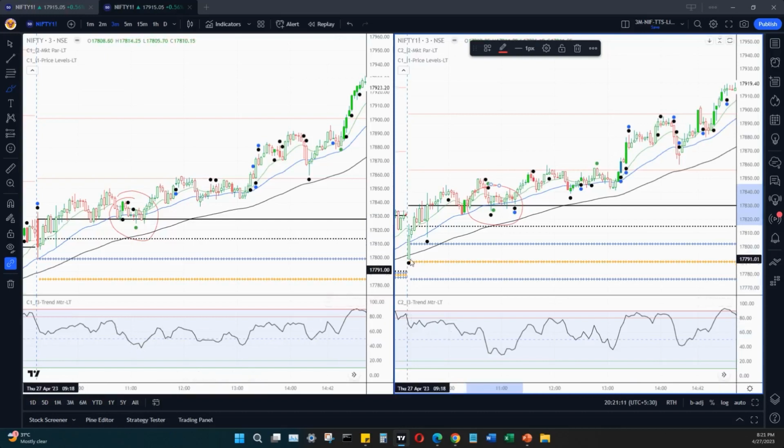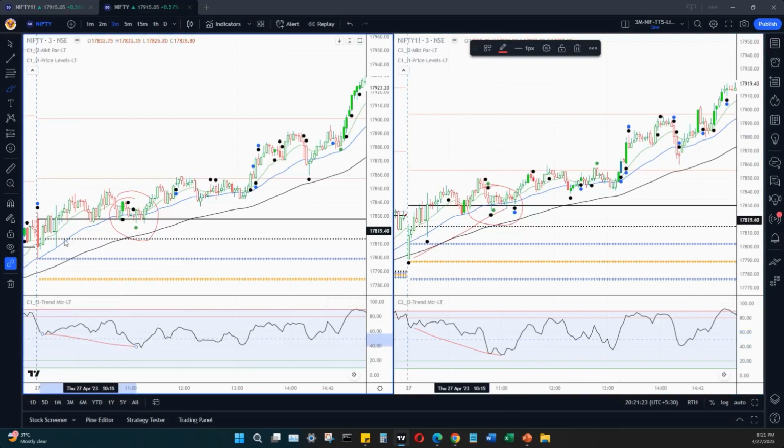As you can see, the low point on the chart is this, right, from the morning, and this is the point. But look at the trend meter. The trend meter made a lower low on both these charts. That indicates the trend to the downside is quite weak, because there is a price trend conflict. So these are all the signals which are to be read in conjunction with the price action patterns, the participation,